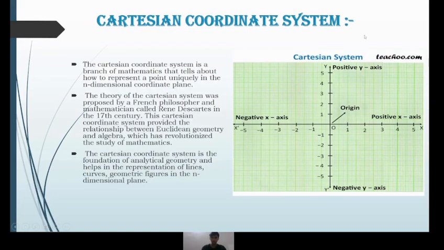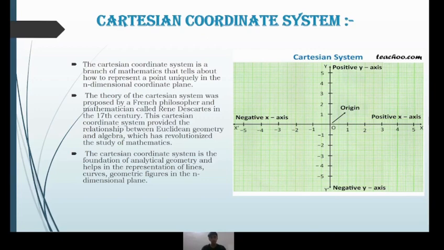Cartesian coordinate system. The Cartesian coordinate system is a branch of mathematics that tells about how to represent a point uniquely in the n-dimensional coordinate plane. The theory of the Cartesian system was proposed by a French philosopher and mathematician called Descartes in the 17th century. This Cartesian coordinate system provided the relationship between Euclidean geometry and algebra, which has revolutionized the study